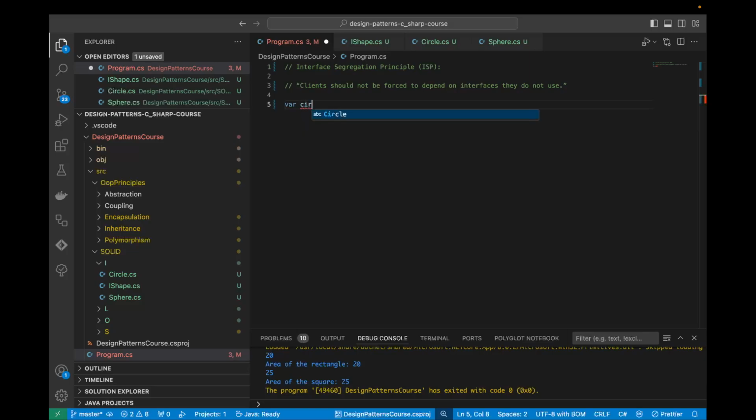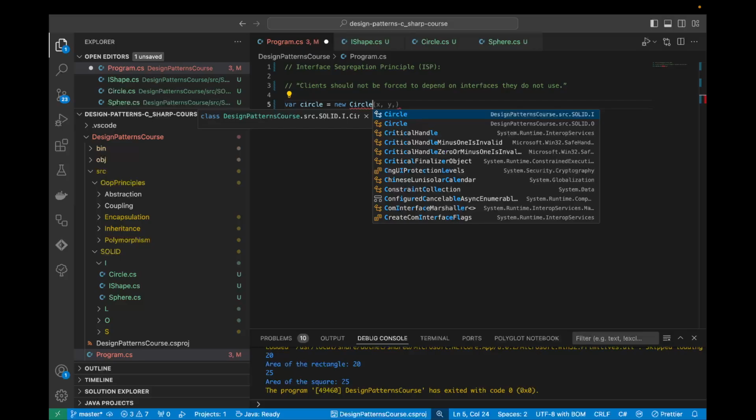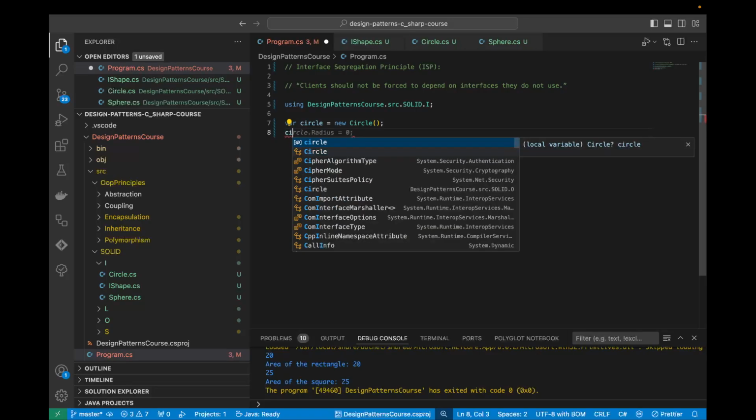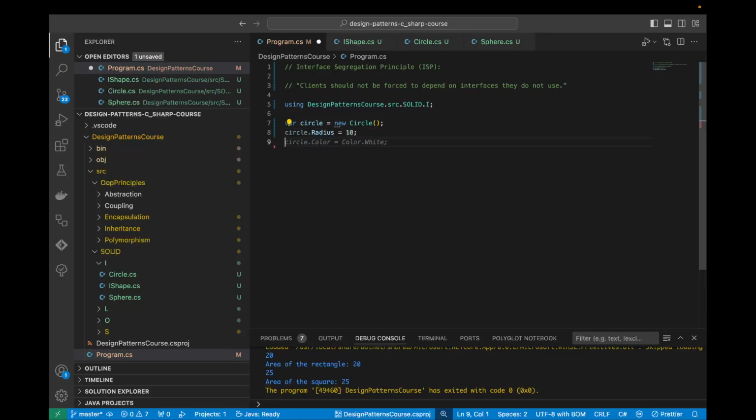So let's create a circle. If we come into program.cs, we will create a new circle from here, and we'll set the radius equal to 10, and let's log the area, and let's also log the volume. Okay, so according to VS Code, we have no problems here. This code should be safe to run, but if we run the code,